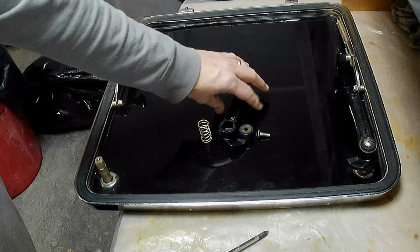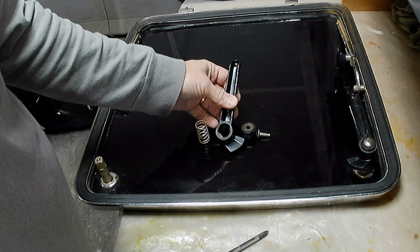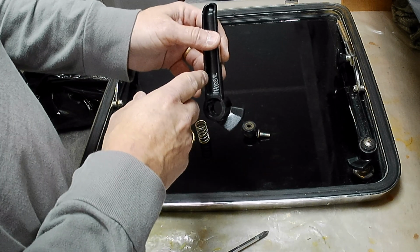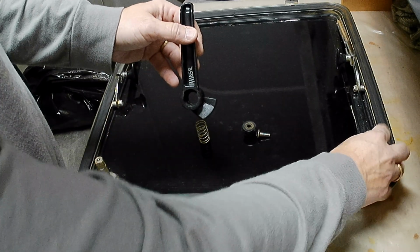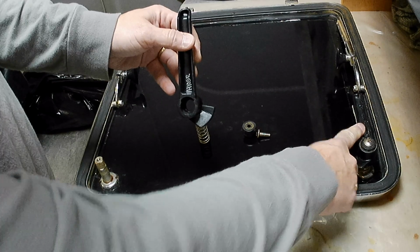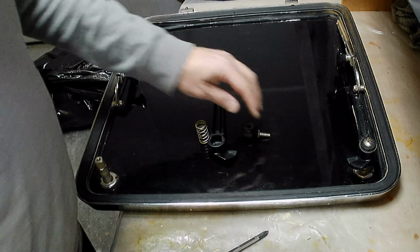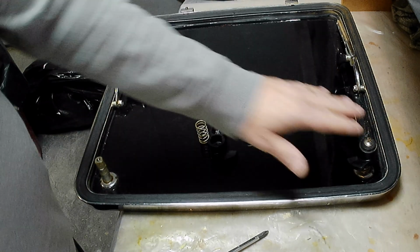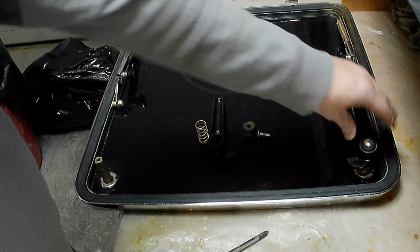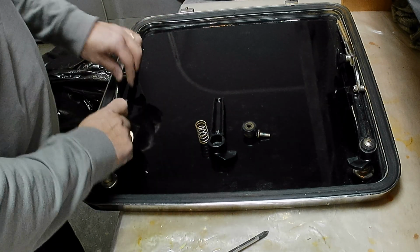So this one I've actually already replaced. This is the one that broke earlier last season. So I know that this is the right side, so that means I have in stock the left side. So I want to buy another right side and probably all the parts that go on here, because this gets the most use and these are the most likely things to break. And take off this side,